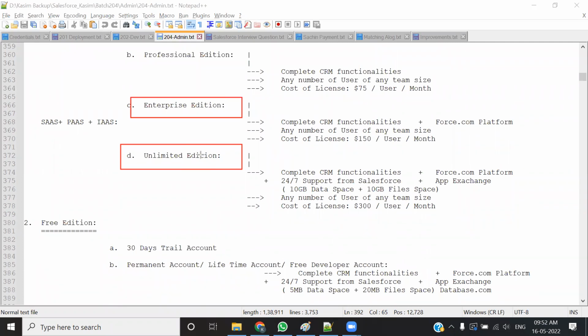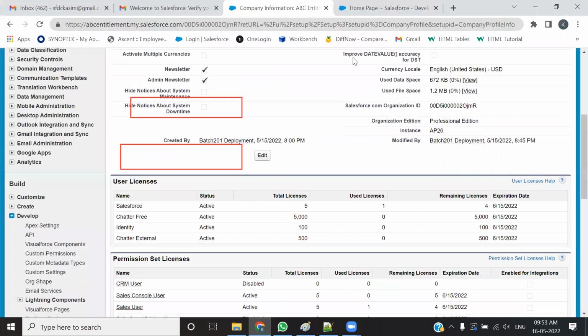सैंडबॉक्स मिलेगा या एंटरप्राइज का ही मिलेगा। क्योंकि इसी में आपके पोस्ट.com है ना, पोस्ट.com जो आपको रिक्वायर्ड है, जहाँ पे आपको जो कुछ भी बनाना है वो सारा पोस्ट.com से बनता है, वो इन 2 एडिशन में अवेलेबल है। तो क्लाइंट को भी जो लाइसेंस लेना पड़ेगा वो यही लेना है। ऐसा नहीं हो सकता कि क्लाइंट प्रोफेशनल एडिशन का ले ले और आपको जो सैंडबॉक्स बना के दे उसमें आपको एंटरप्राइज की फंक्शनैलिटी दे, नहीं, ऐसा नहीं हो सकता।